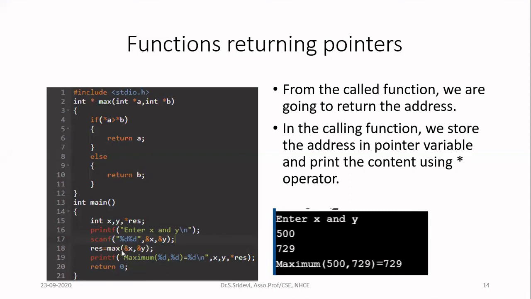So here ampersand x and y are given as arguments. It returns you the address where your answer will be available. So you catch that and store it in a variable. That variable must be declared as a pointer variable. And finally, your answer you have to print. For that, you get the value at this pointer variable. For that, I am writing star res.